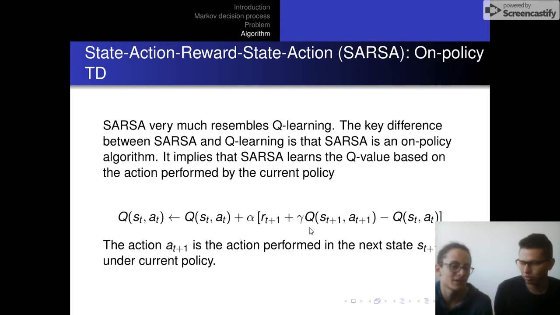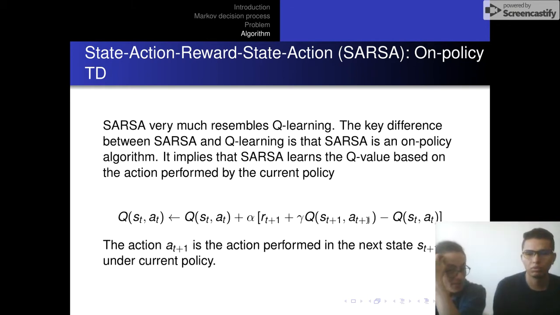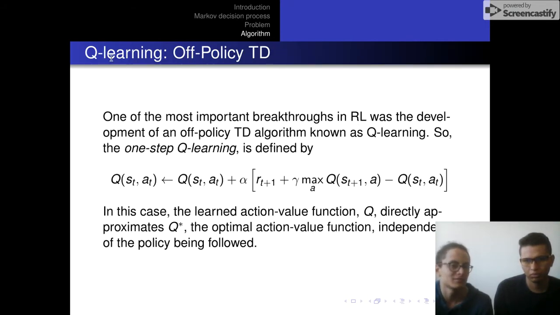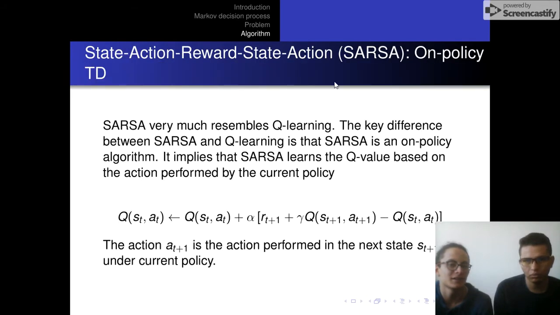Only in this part we don't take the maximum over all the actions, but we take a sample of the possible actions, a sample of the state and the action, and we evaluate here. So the difference between Q-learning, which is off-policy, and SARSA, which is on-policy, is that SARSA